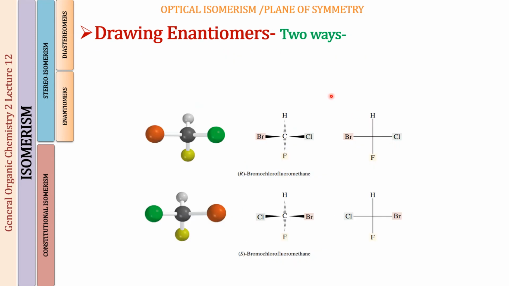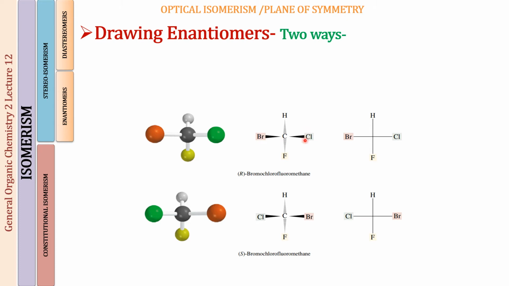So these are the two ways in which we can represent this molecule over here. So this is bromochlorofluoromethane. Okay, so let us assume this to be a bromine, this to be a chlorine, this to be a hydrogen, and this to be a fluorine, and the black one to be the asymmetric carbon. So you can see over here that these two groups are coming towards us, right? And these two vertical ones are going backwards behind the plane of the paper. Fine. So this is how you will be drawing the wedge and dash representation or the perspective formula.